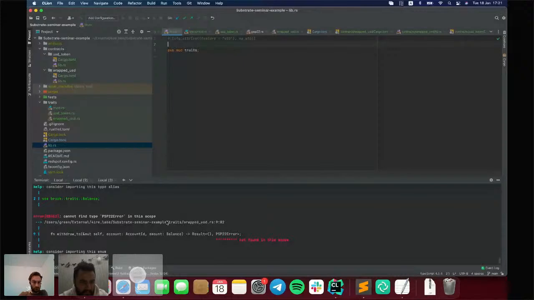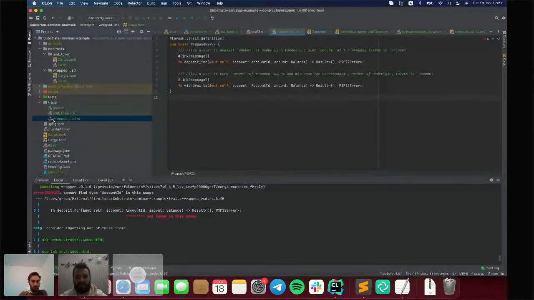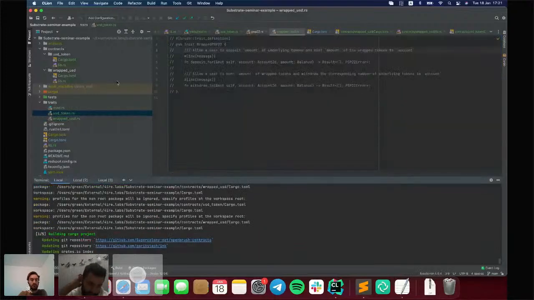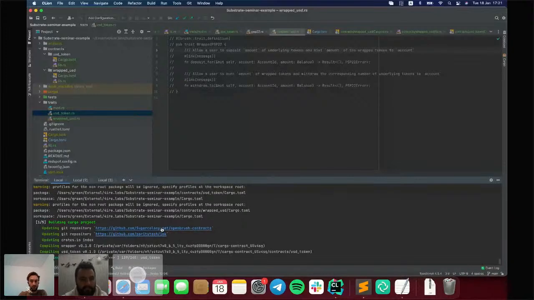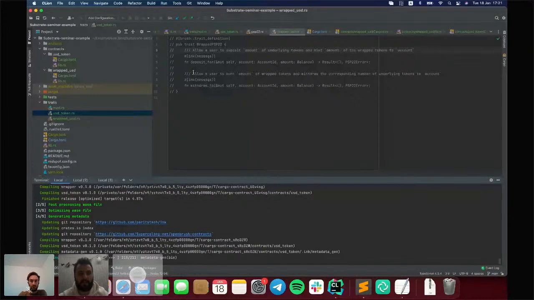Okay, let's comment that out for now, because we want to test USD token. It builds correctly, so okay, we can continue with wrapped USD.